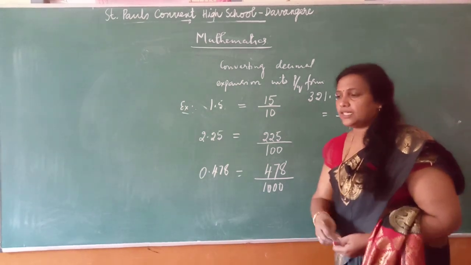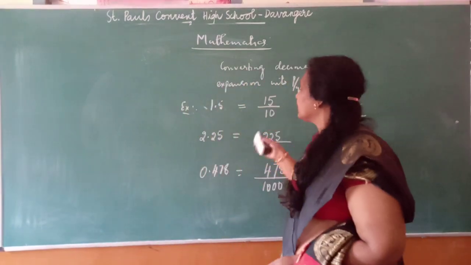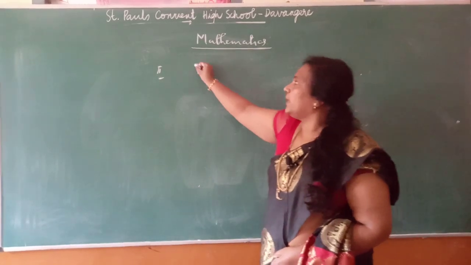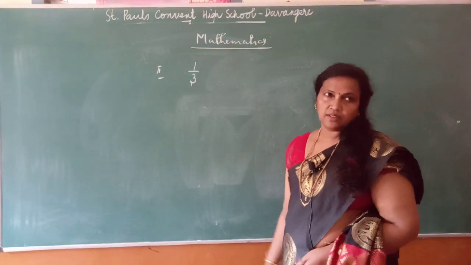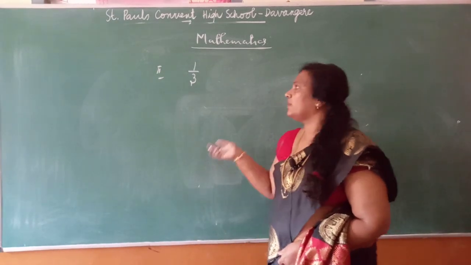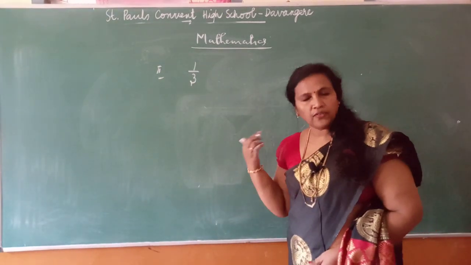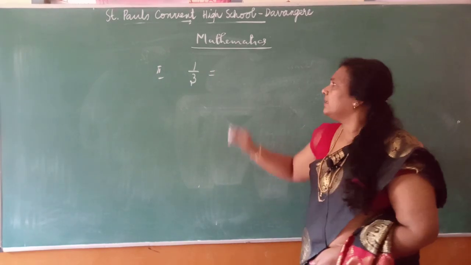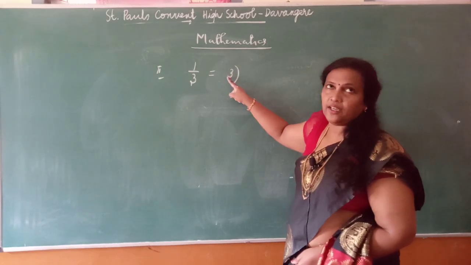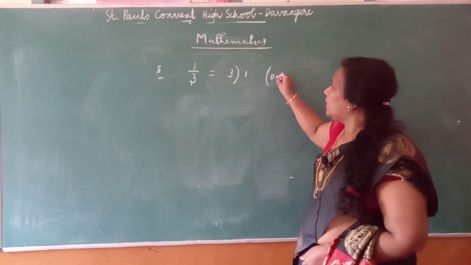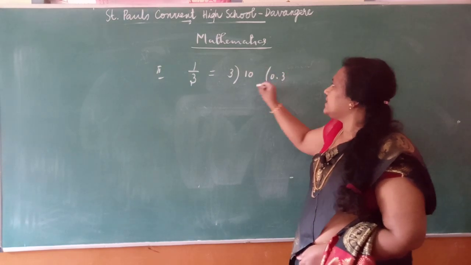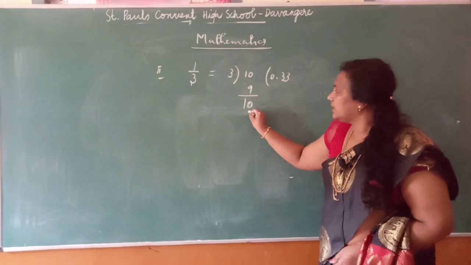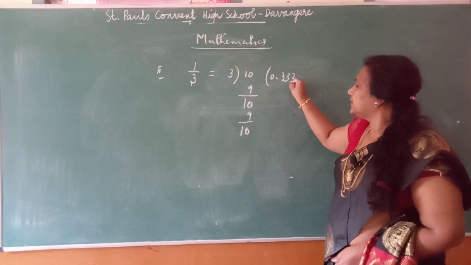Now, let me go to the other set of problems. For example, now if you take 1 by 3, this is a rational number. I have to write it in the decimal expansion form. You know how to write a decimal as a fraction. Now if it is a fraction, what do we have to do? It is a very simple thing, to divide. So write 3, the denominator, outside, and 1 inside. It will not go, put the point, 0, 3 3s are 9, remainder 1. Again it will not go, so you add 0, 3 3s are 9, remainder 1, 0, 3 3s are 9.